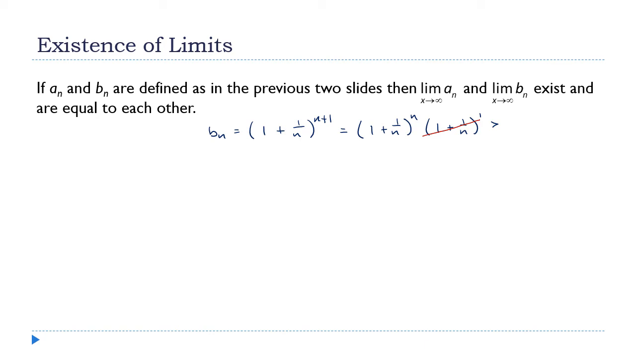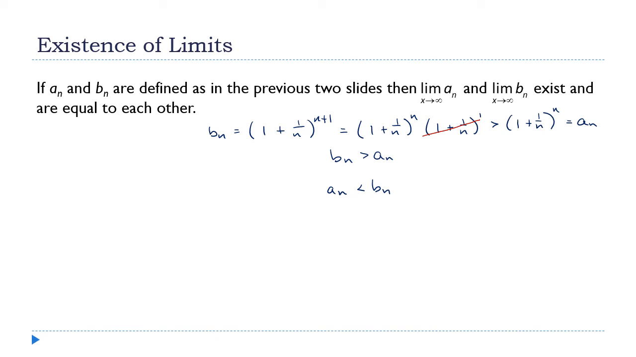So this is greater than (1 + 1/n)^n, which is a_n. All right, so what I've shown here is that b_n is greater than a_n. In fact, let me turn this around, because we usually do smaller than larger. So this means a_n is less than b_n for all n. Okay, but remember,